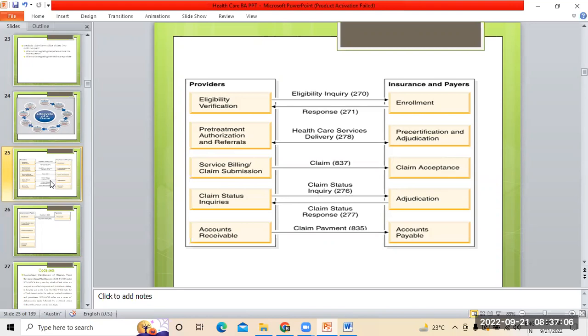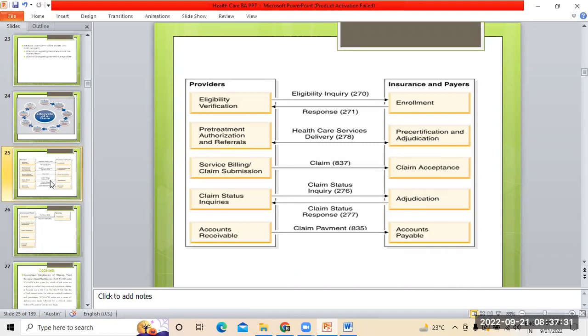The code number we use for this eligibility inquiry is 270. 270 is the code number for enrollment or eligibility verification purposes. Once the inquiry is sent through the 270 code, whatever response is given by the insurance organizations to the providers